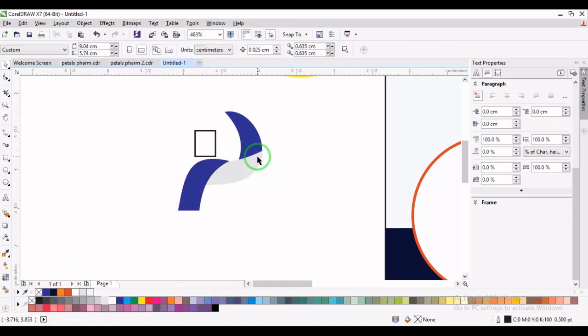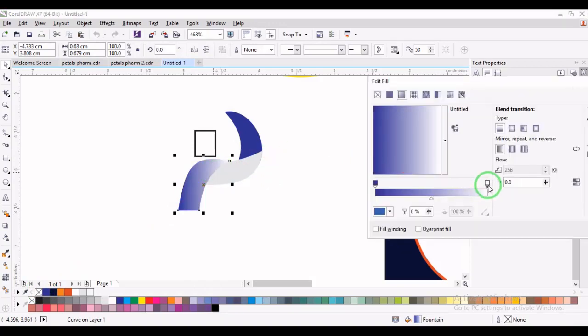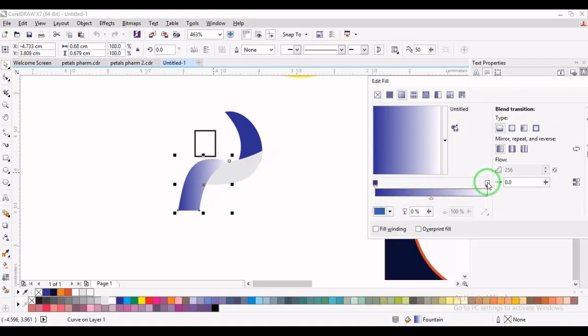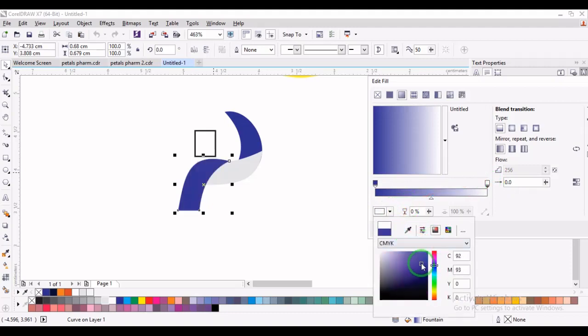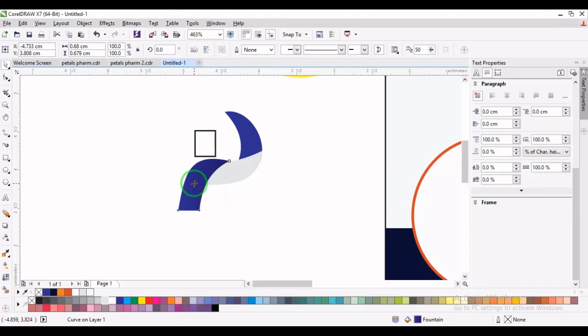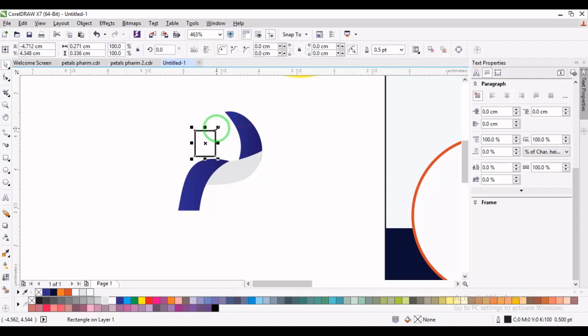So that is how I craft my logo. Then I make sure that I have filling, F11. So I fill in the same color here, so I can have the same shade. Then for this one I have